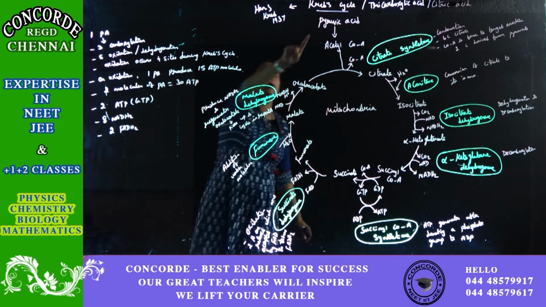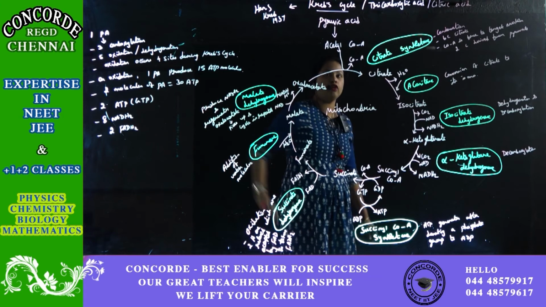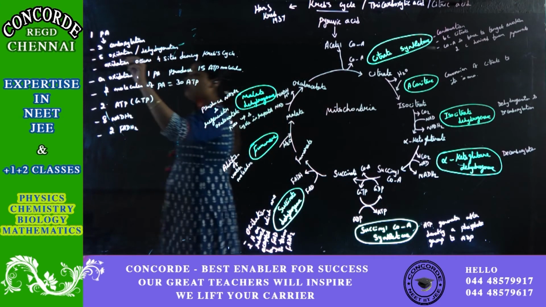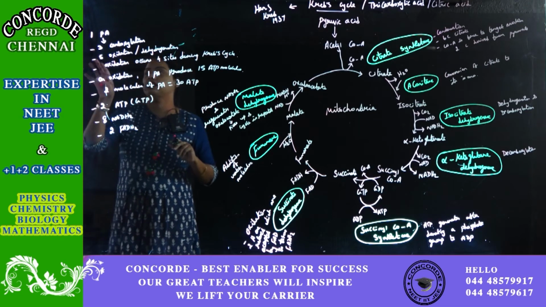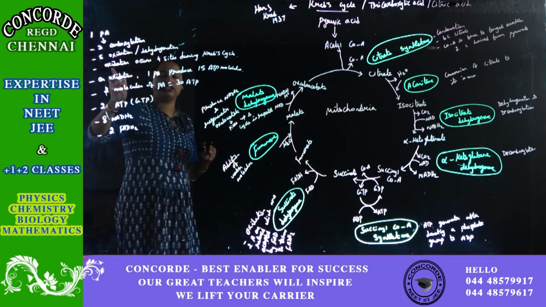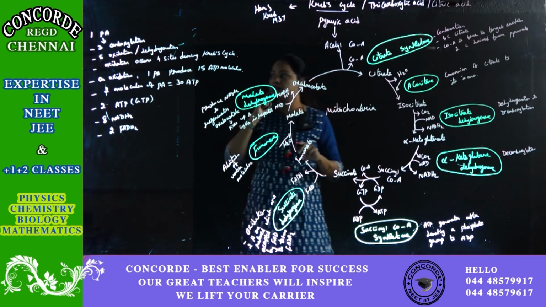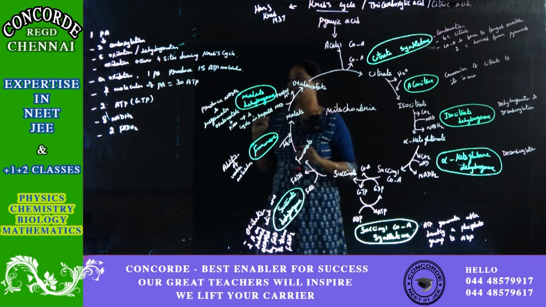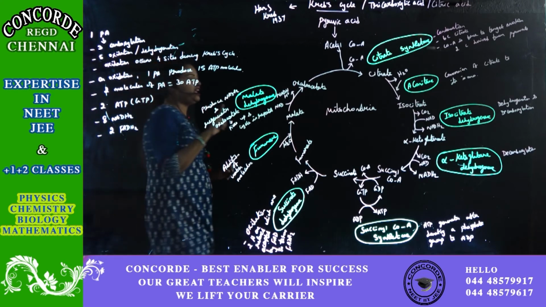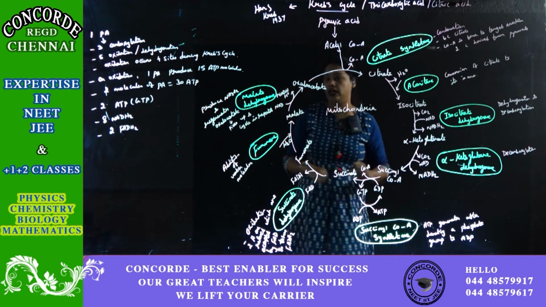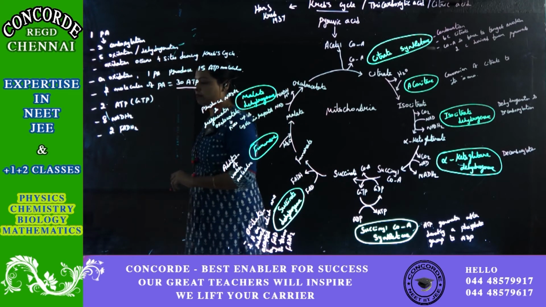So 1 molecule of pyruvic acid in 1 cycle of the Krebs cycle will go through 3 decarboxylation steps and 5 oxidation or dehydrogenation steps. These 5 oxidation or dehydrogenation steps occur simultaneously at 4 sites during the Krebs cycle. On an oxidation basis, 1 pyruvic acid will produce 15 ATP molecules in the Krebs cycle. There are 2 molecules of pyruvic acid, so totally it will produce 30 ATP molecules.